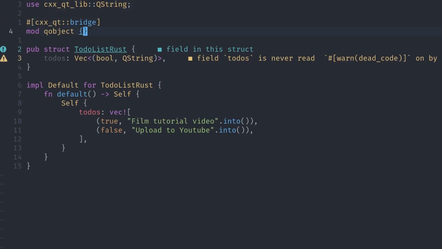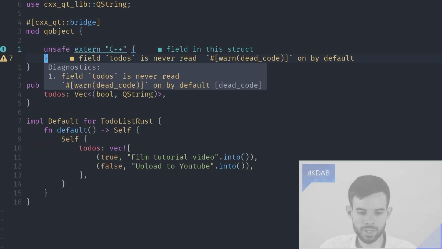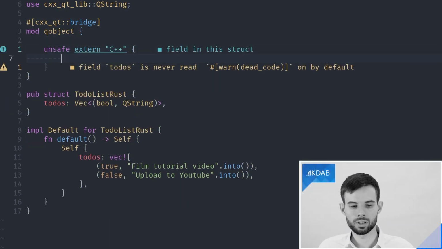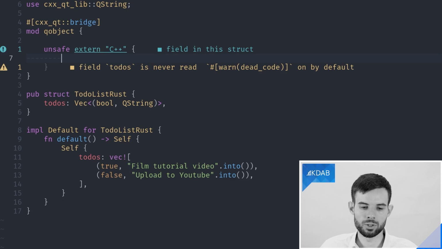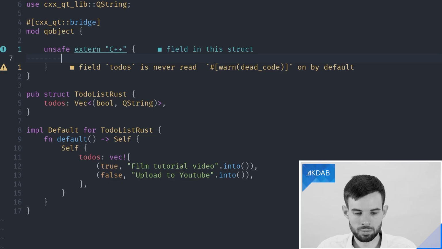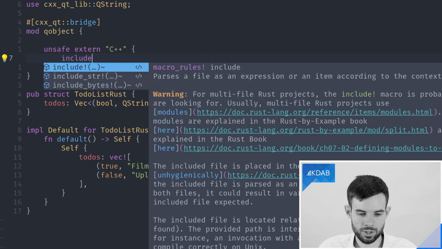Now that we've declared our internal Rust type, we can start exposing it through our bridge. Before we get to actually defining the QObject, let's get some of the imports out of the way. Like we did it in the previous tutorial, we'll just use normal CXX here. So we'll just use a normal extern C++ block, and we don't actually need to use any cxx-qt features for this. This is pure CXX. As I said, we want to later inherit from the QAbstractListModel type. This type we also need to declare in our bridge.